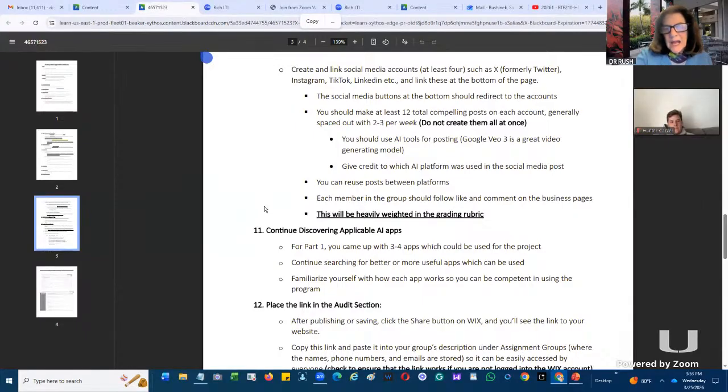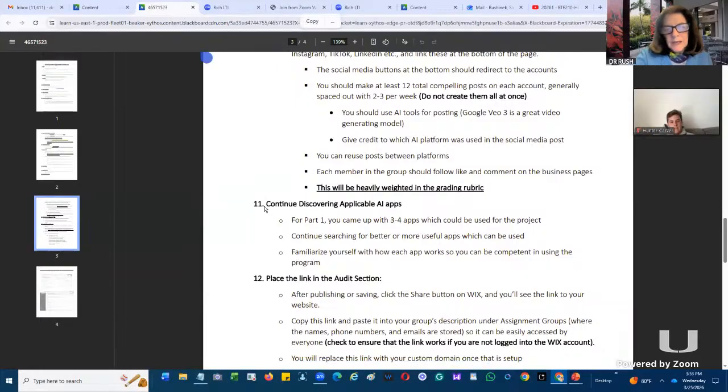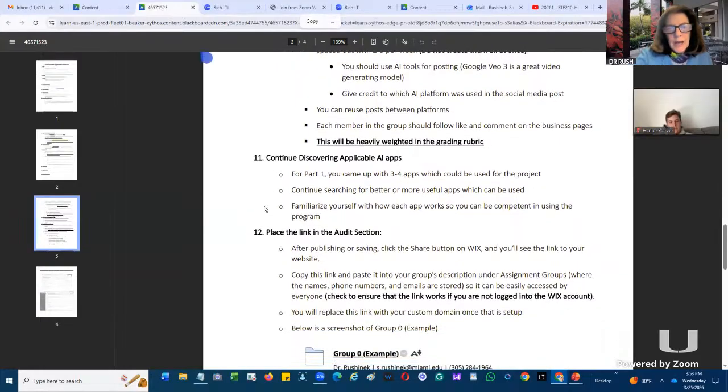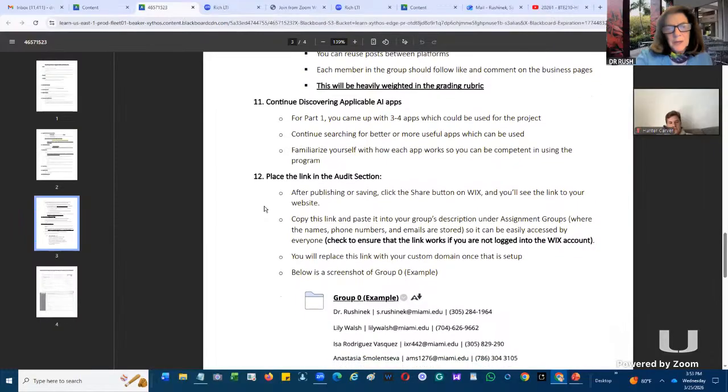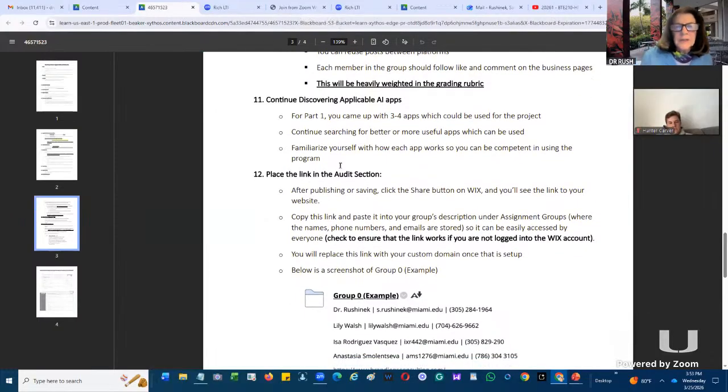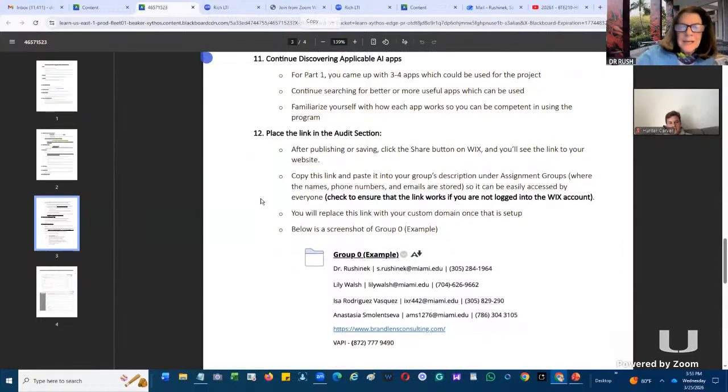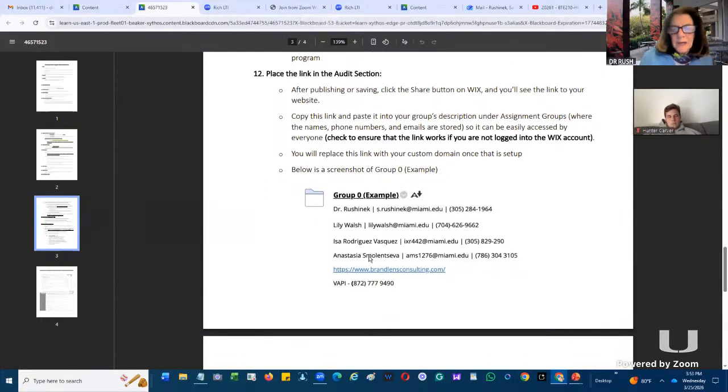I want you to use AI to help you in creating nice posts. And then you want to continue discovering applicable AI apps that will help you, and place the link in the audit area.